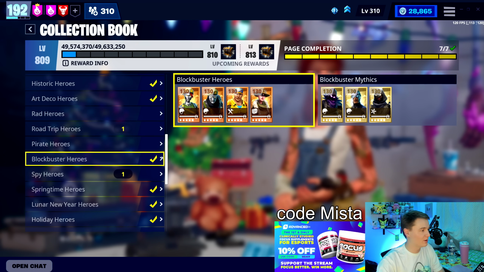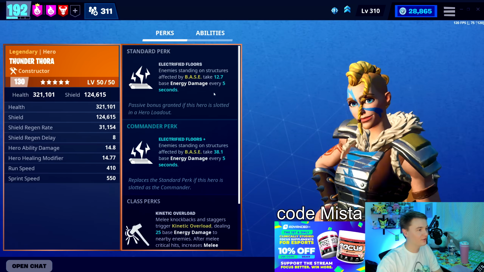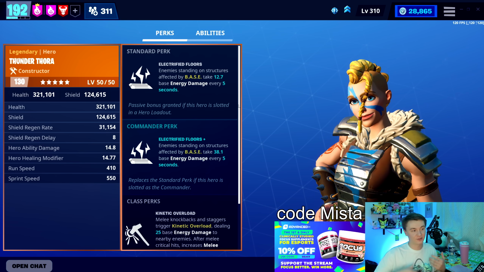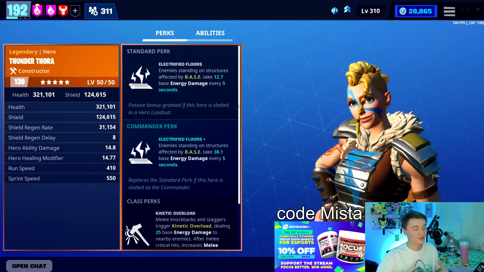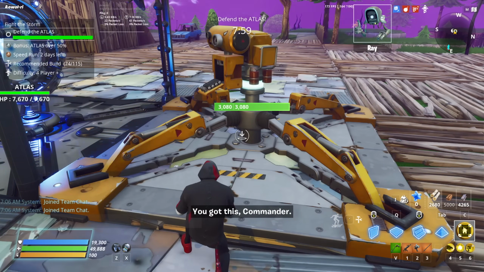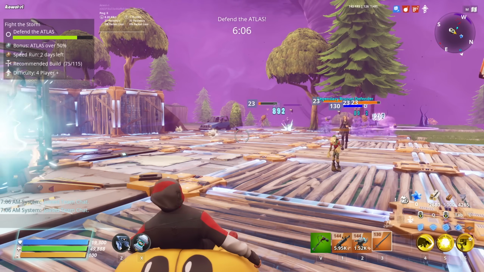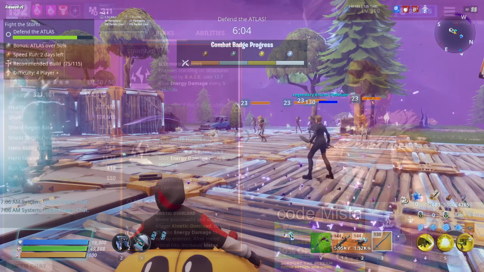And then the other hero I wanted to mention is somewhere in here. Okay, I found her in the road trip section. Thunder Thora. She's kind of the same thing, where electrified floors makes enemies take damage when they're standing on your base. So you can put Mega Base as your commander and then put down as many wooden floors as you want, and the enemies will just take damage as they walk towards you. Again, it's not enough damage for the end game, but it's a nice bit of extra damage if you're already